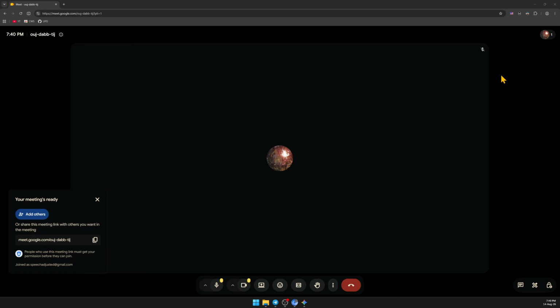A banner and pencil icon will appear on the screen, notifying all participants that AI note-taking is active, keeping the call completely